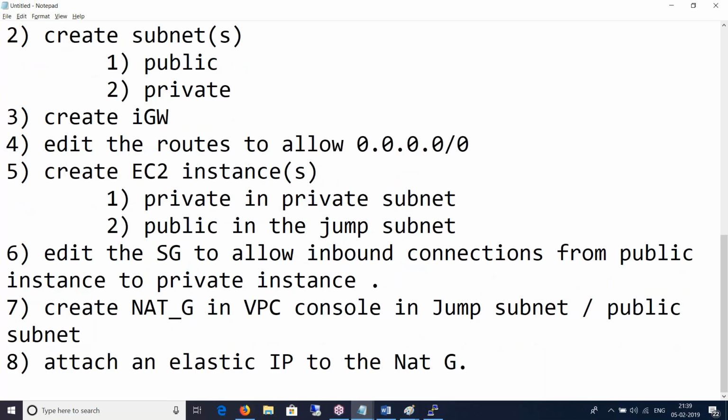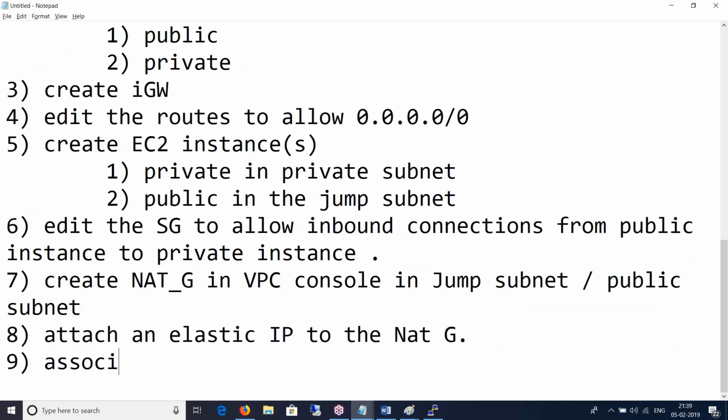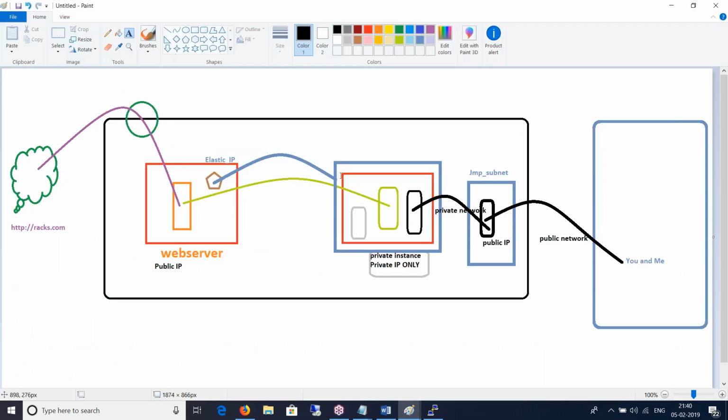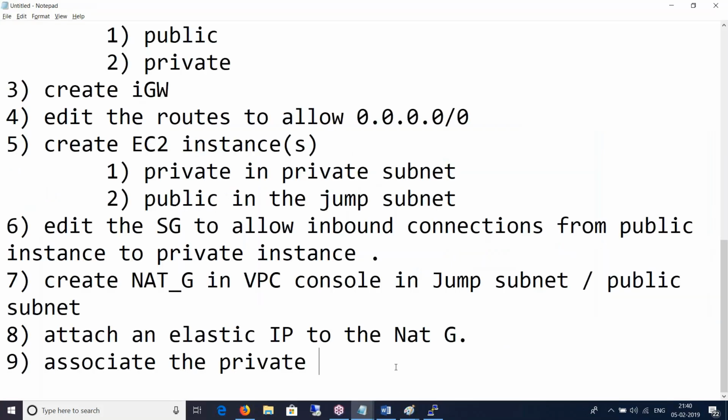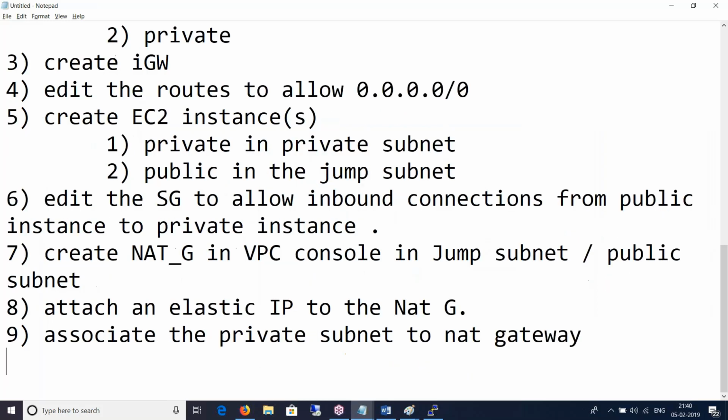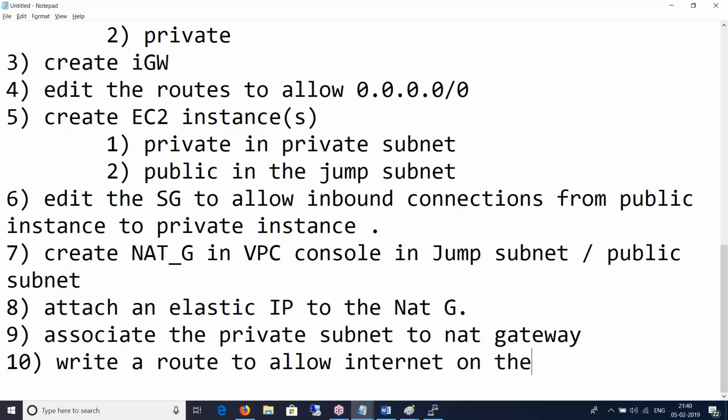All right, step 9: then you associate the private subnet. Look at what I did here. This blue line: I associated this entire private subnet and attached it to my NAT gateway. Associate the private subnet to the NAT gateway. Then you also write a route to allow internet on the NAT gateway.